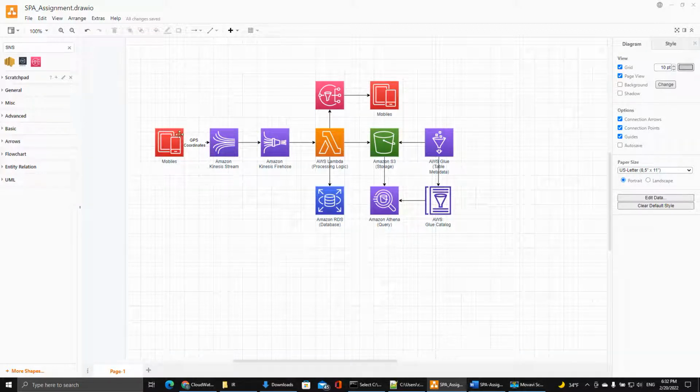where we have mobile devices sending coordinates, and we are capturing these coordinates in a Kinesis stream. The stream will send data to the Kinesis delivery system, which is Kinesis Firehose. Now, from the Firehose, the data will go into AWS Lambda to apply various processing logic, filtering, enrichment, etc., and